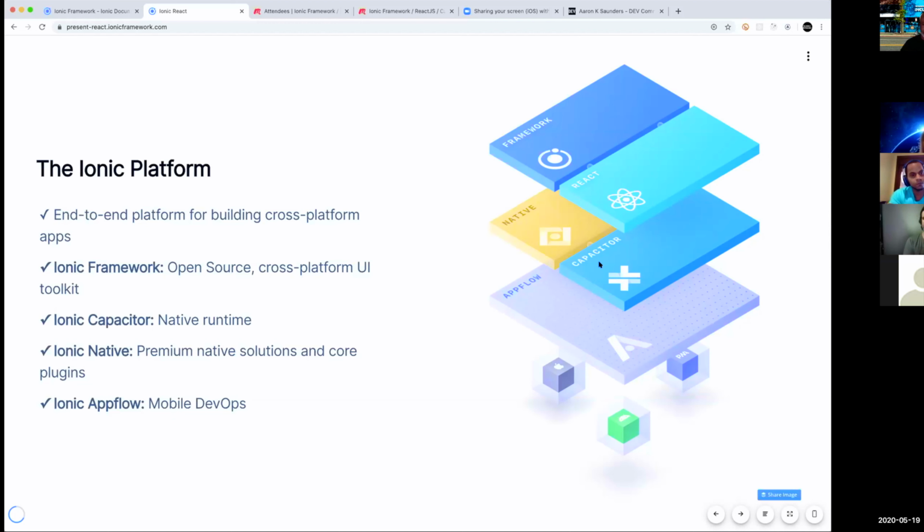And then as you get down to Capacitor, the best way to explain it for folks who are familiar with cross-platform development is that it's supposed to be a tighter, better managed version of Cordova. So there's no PhoneGap. You basically use Capacitor to compile, build, and act as a native bridge, which then gives you access to plugins. We'll touch on the Ionic native plugins, but there's also a way to basically take any